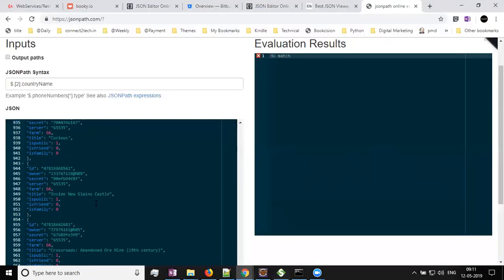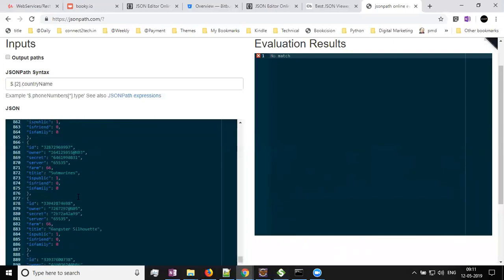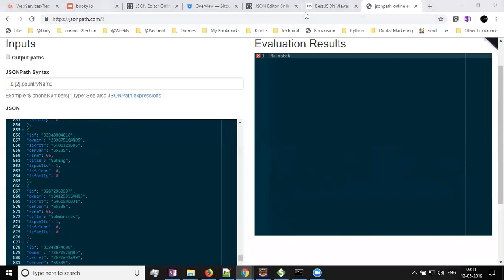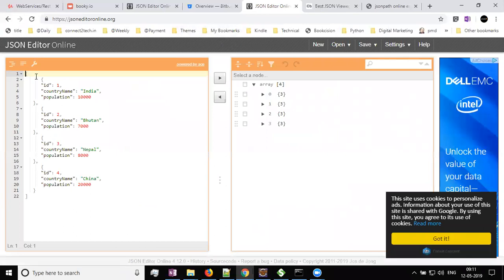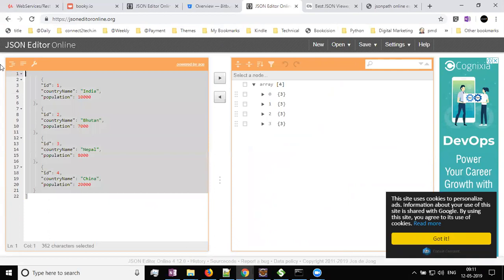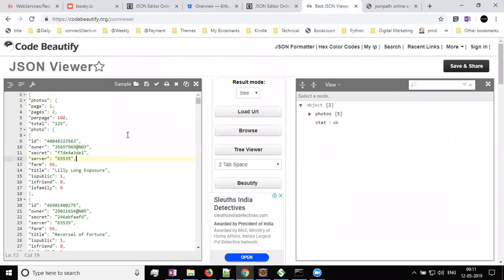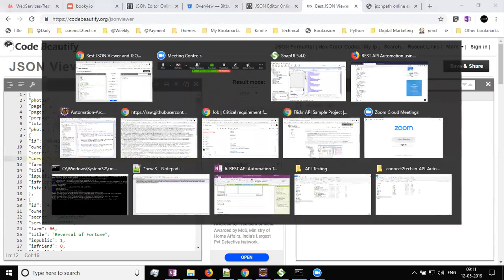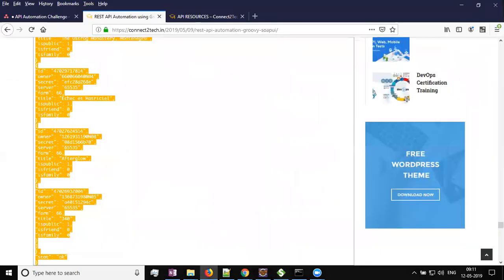Instead of directly putting it here, there are a few URLs which I have shared with all of you, which are on my website. If you go here, there is one online editor to beautify the look. Not this, there is one more. Yeah, this link I'm sharing with all of you, it's there on my website as well. If I copy this, for example,